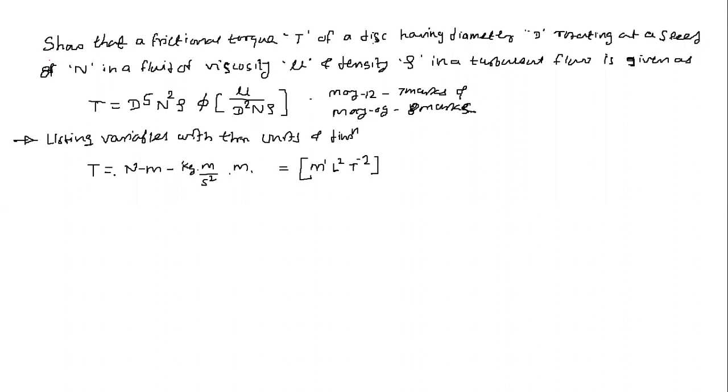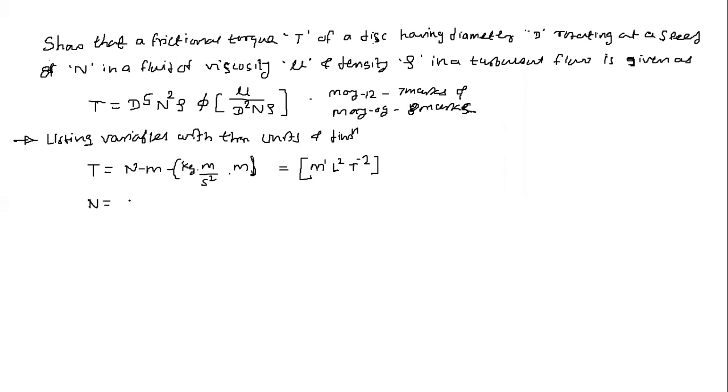This is the dimensional form of the first variable, that is torque, which is the dependent variable. It is dependent on all those other variables. This is the first one. What we did: we have written the variable, simplified its unit, and then from that we have written its dimensional form. Then the next one I would like to go for is N, capital N. In sequence we will go for it.